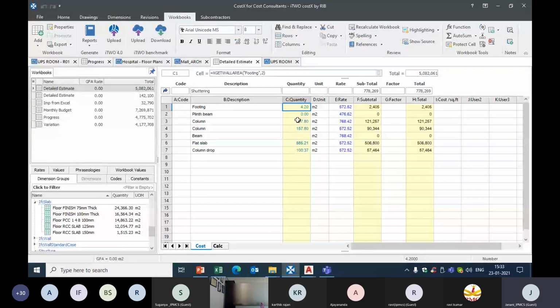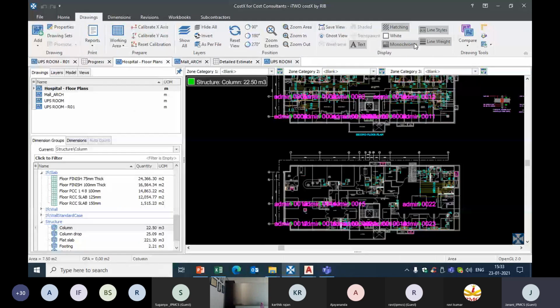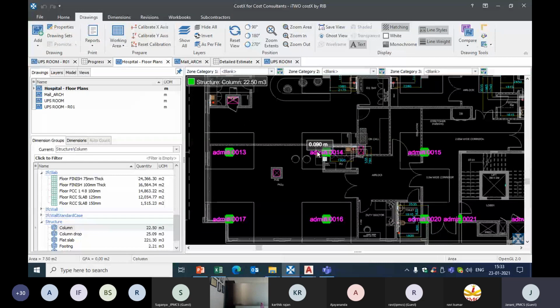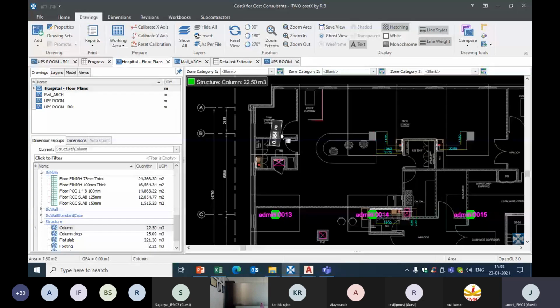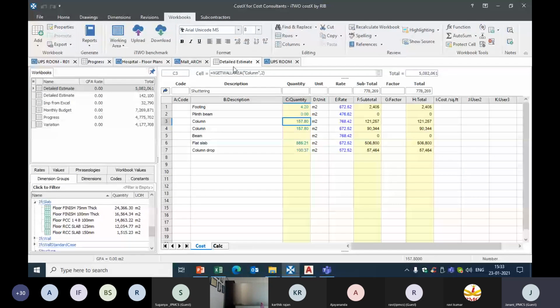The same way with columns, say I calculated my column quantity using this show source. I can easily identify how many columns I have calculated, and if I have missed out any columns, that also will be easily identifiable. So in this way, we can link our quantities to our estimate.